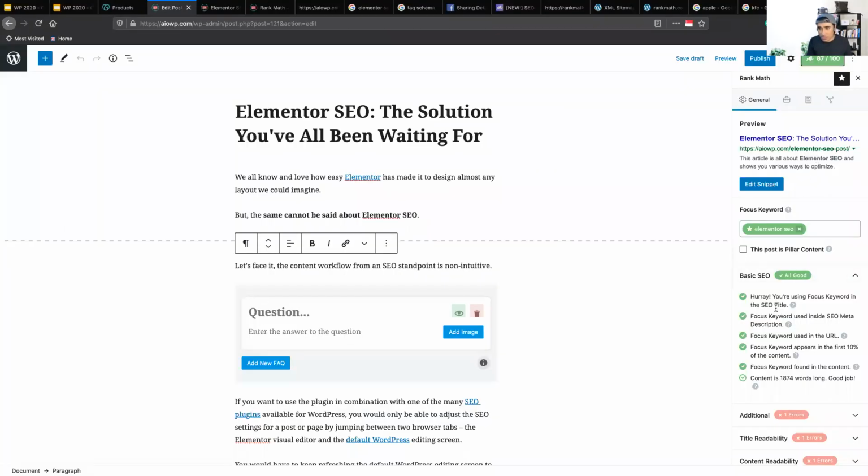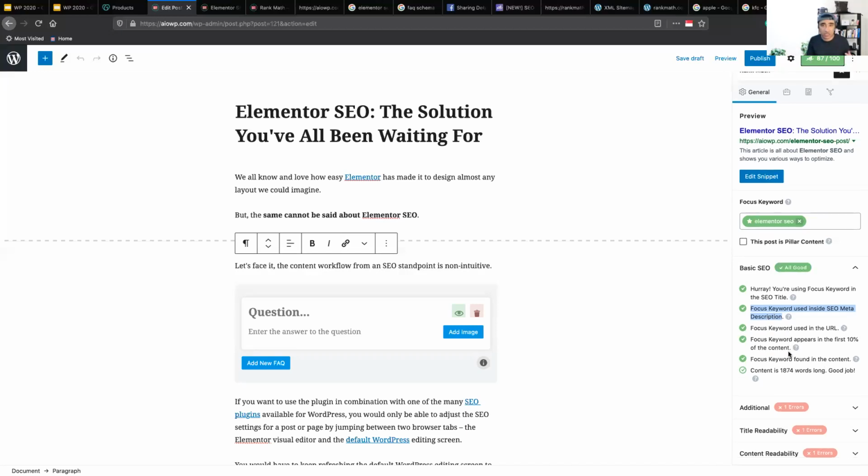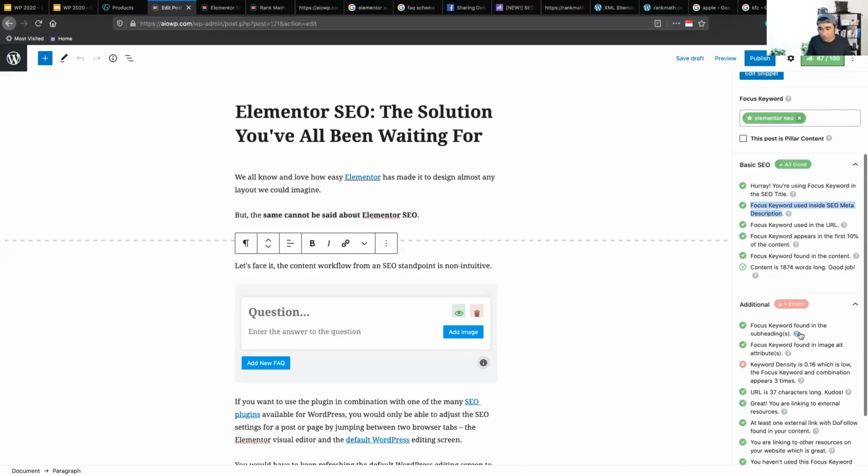As soon as you enter that, you can see that this test is passing. But at the same point of time, you got to understand that you should not be trying to fulfill something if that is not making sense for you. And this does not only apply to the RankMath plugin, but also to other SEO plugins. So only if these tests make sense to you and you think that this will help your users, only then try to fulfill the requirements in the plugins. For instance,